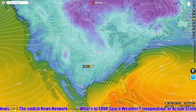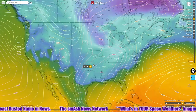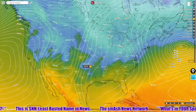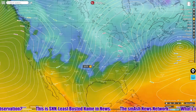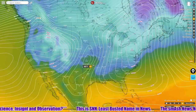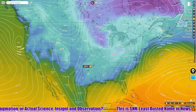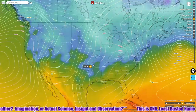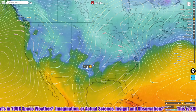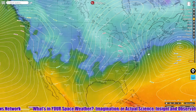We're going to use the GFS forecast. So it looks like those cold temperatures are going to slowly subside here. It looks like by Saturday you're going to be in the 50s in Texas, which will be welcome. Most of the power problems have been solved now, by the way. Anyway, there's your temperature and pressure forecast for the GFS. There's where we expect things to be tomorrow, Saturday, February 20th, at 12 noon. And it'll still be on the cold side here in Pennsylvania. Only 26 degrees forecasted for my area